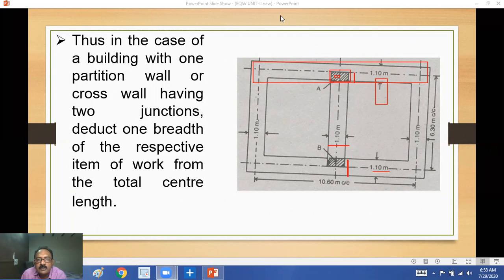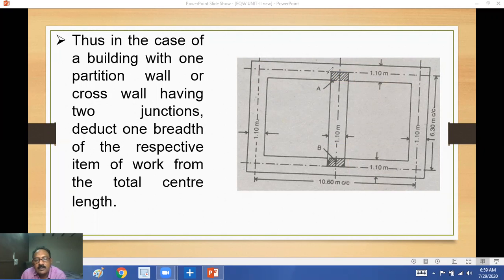You can do any number of problems. So in the case of a building with one partition wall having 2 junctions, deduct